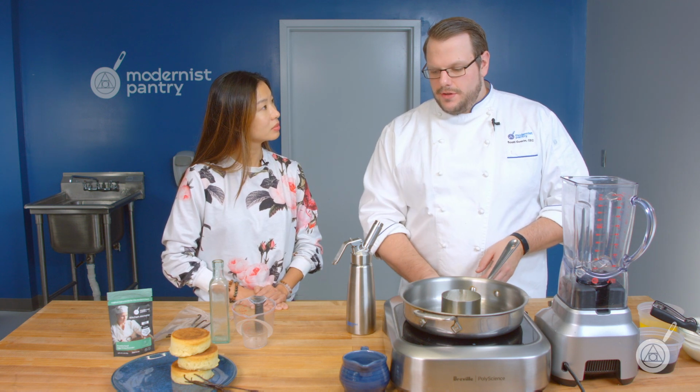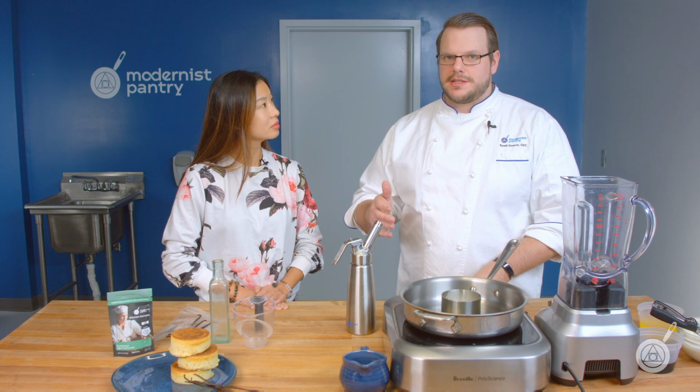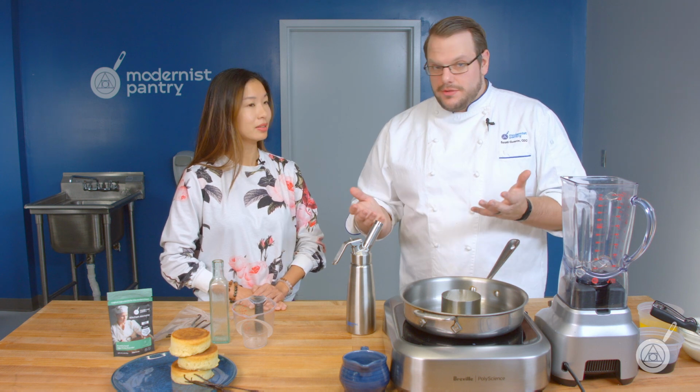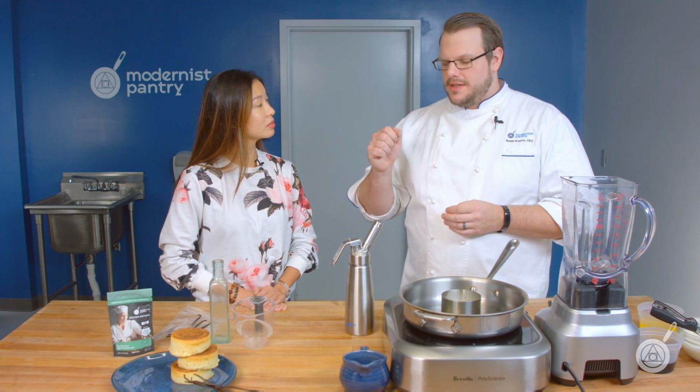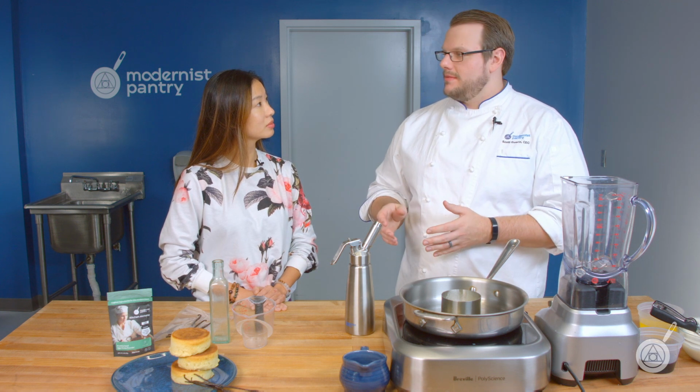That's a really good way to get some complexity, some depth to your vanilla extract. But if you put it into vodka, it's going to be 6 to 12 months before it's perfectly infused. So we're using rapid infusion here, and we have a whipping siphon, and when we charge it